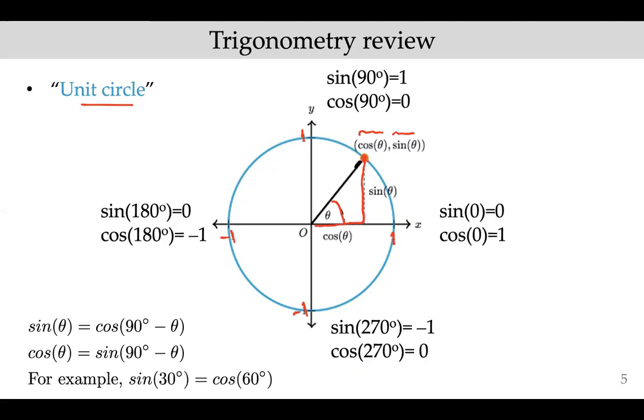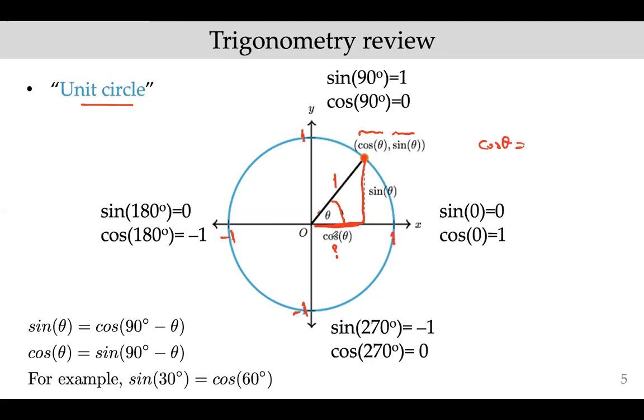Okay, so the length of this thing here, the hypotenuse, is 1. Why? Because this is a unit circle, right? The radius is 1. So this part would be cosine theta. Why? Because, let's call this question mark first. So cosine theta